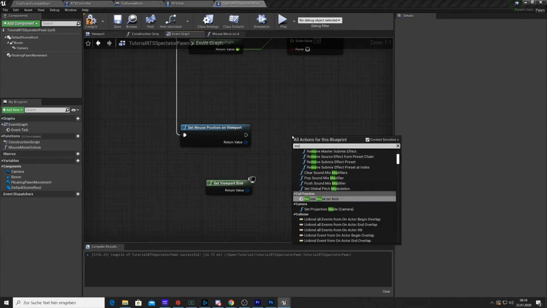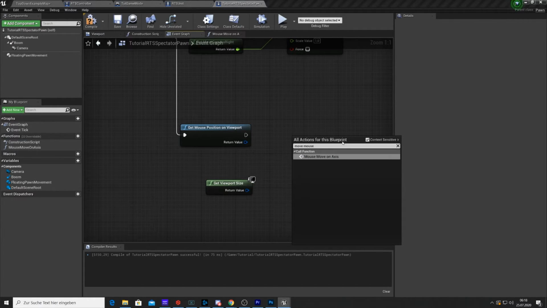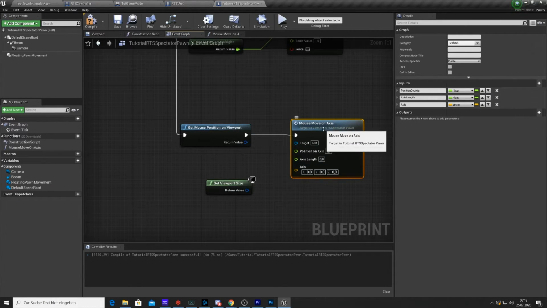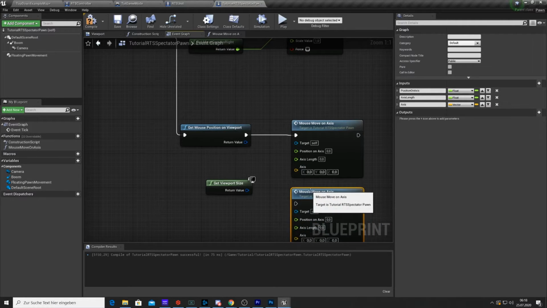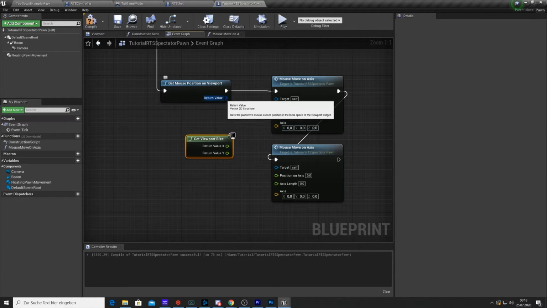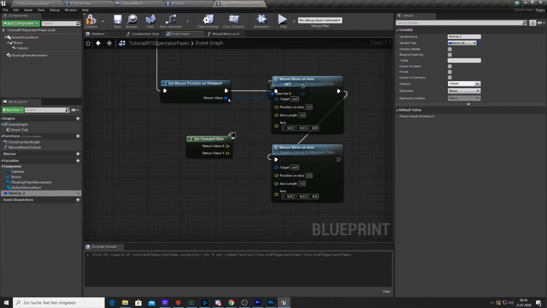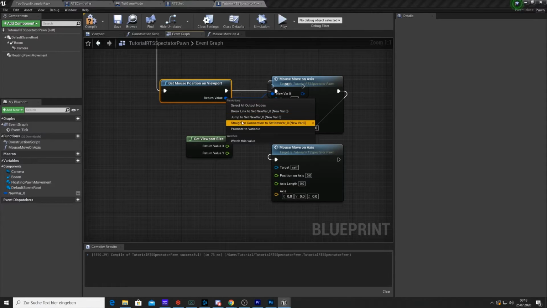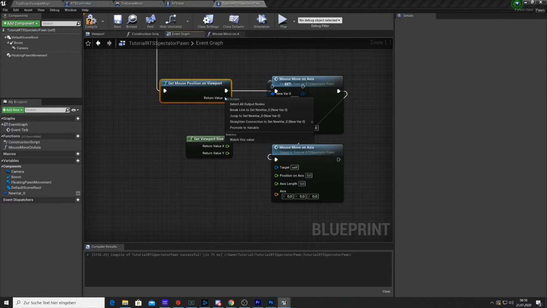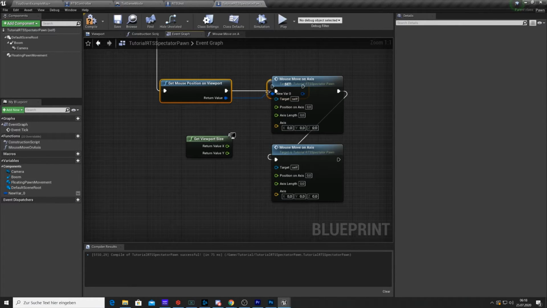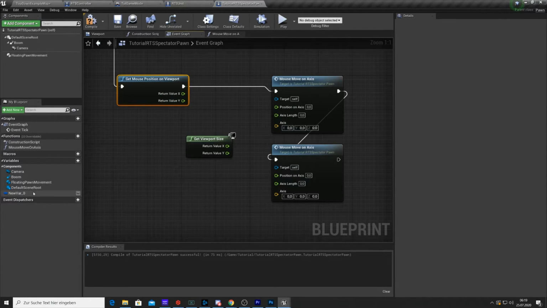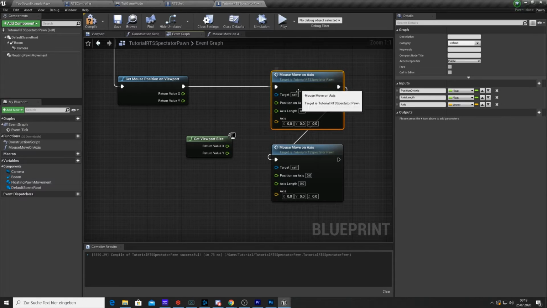And now we need to move mouse on axis, like so. Let's split the struct and split. Oh, I'm sorry, I accidentally clicked that and didn't see it. Let me get rid of that. So